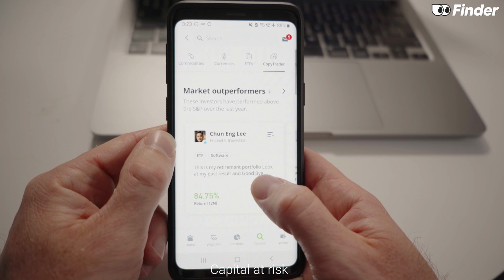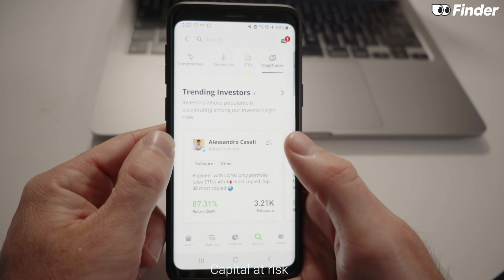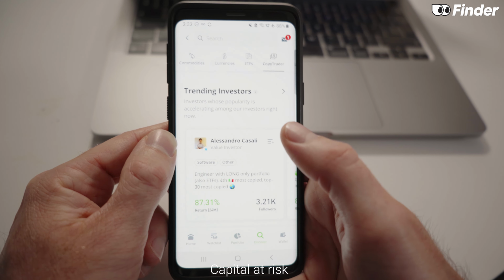You can look at the most copied investors over a certain period of time, check out the traders who've made the biggest returns, or you can filter them by investing style. One particular filter option I like is that eToro will attempt to match you with a potential investor to copy